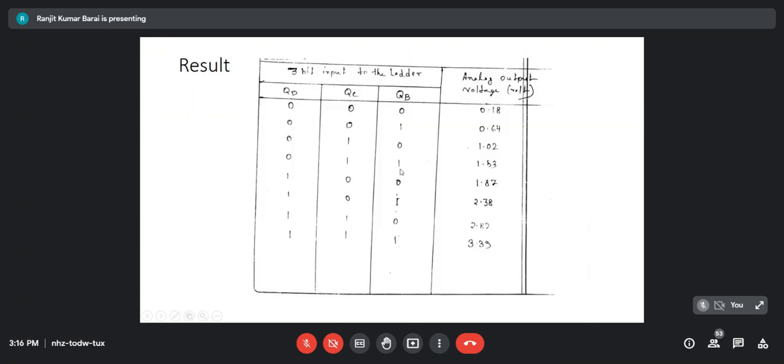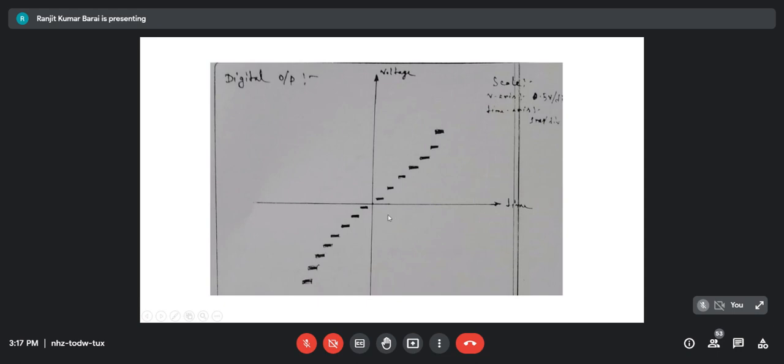Okay, the 3-bit pattern will give a voltage output like this. See, once again some 0 voltage error. And when the bit pattern is 1, 1, 1, then the voltage output came to 3.39. You may get a different result after the decimal, not before that. So this is for 3, 4, 5, 6, 7, 8.